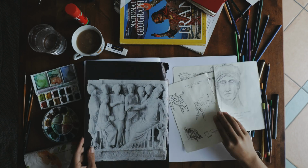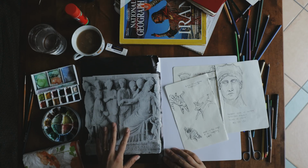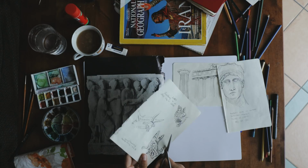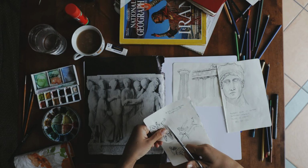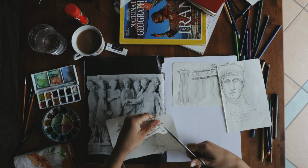drawing directly on those big white pages, and I feel like a really fun way to start a spread is to have a bunch of little urban sketches or doodles that you can cut out and move about the page, so you don't have to feel the pressure of once you put a mark down, it's there for good. So this is just me cutting out all the little drawings that I got from our day